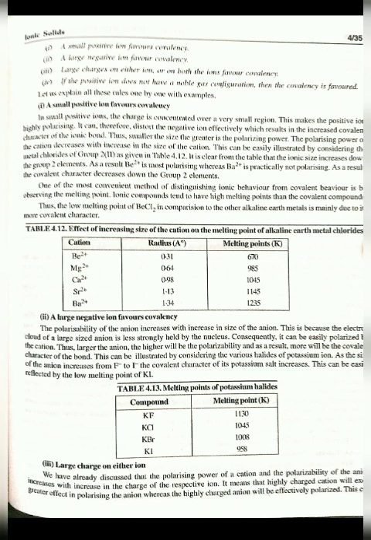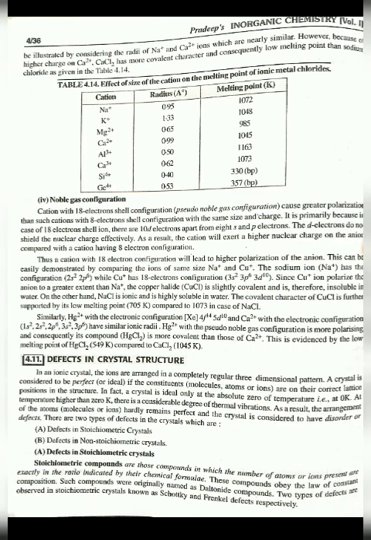be effectively polarized. This can be illustrated by considering the radii of Na+ and Ca2+ ions, which are nearly similar. However, because of the higher charge on Ca2+, CaCl2 has more covalent character and consequently a lower melting point than sodium chloride, as given in the table. Fourth, noble gas configuration. Cations with 18 electron shell configuration, pseudo-noble gas configuration, cause greater polarization than such cations with